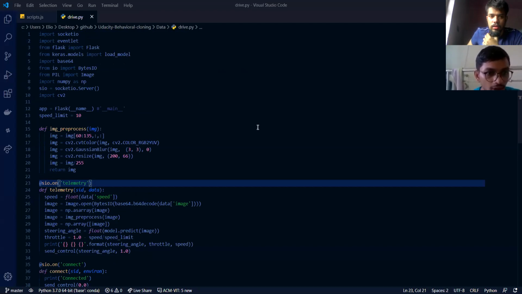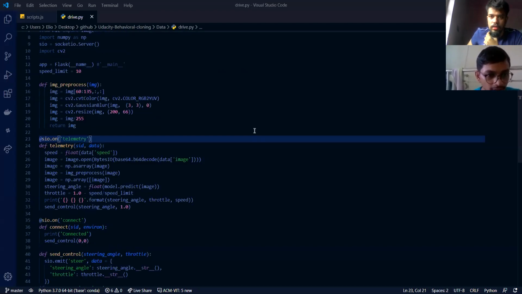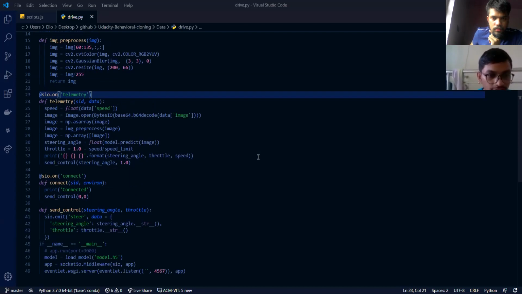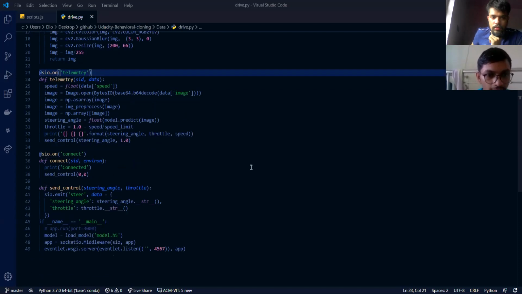Next, in SIO on telemetry, it waits for the socket connection to get a request, runs the function, and returns the details. Same for the next function, on connect, which shows the connection details, and next, at last, send control. It will be sending the control details, how it should work and in which direction it needs to go. Hence, at last, the function which runs the server.